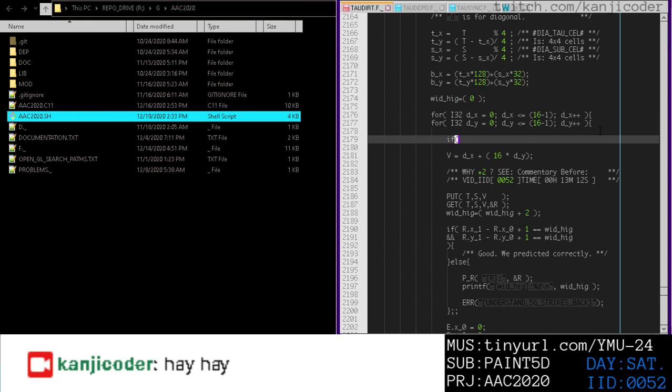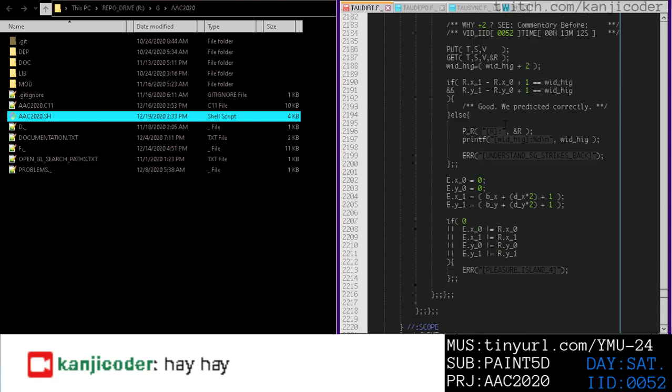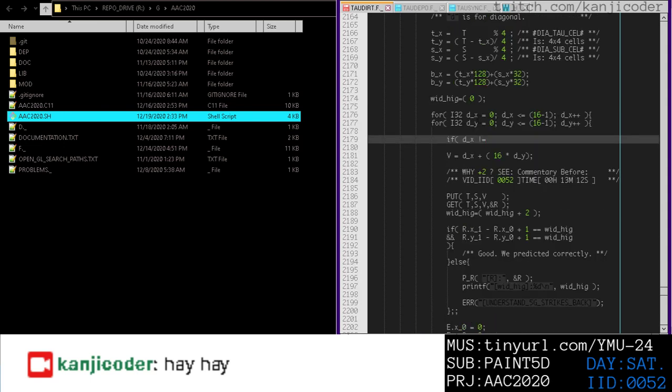And, you know, if dx is not equal to... Okay, hold on. Well, if you're going to do that, then why do we even need the n by n loop? Why not just the d whatever, and then just go diagonal, right? Why all this extra stuff? Why is this necessary? Because they're both 16 by 16. So what we could do is,